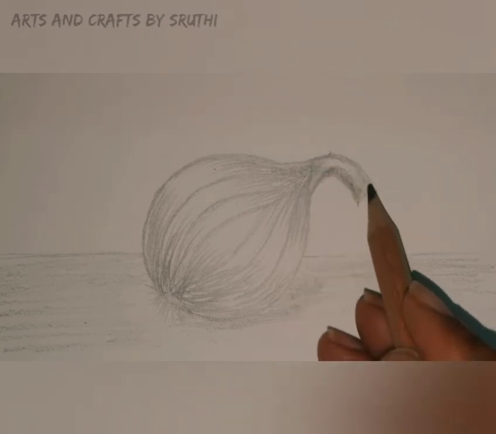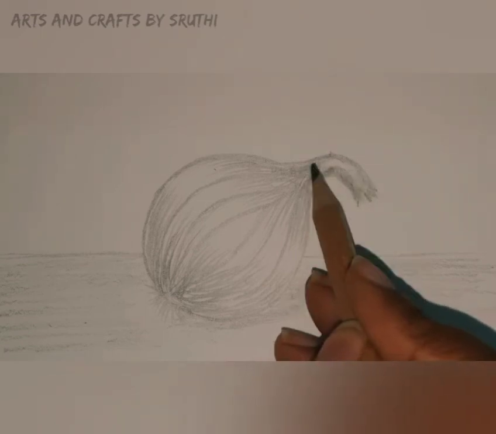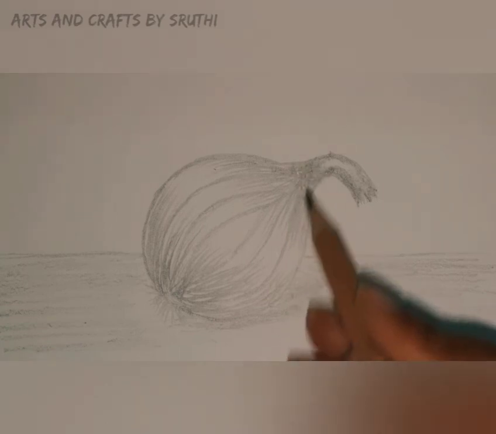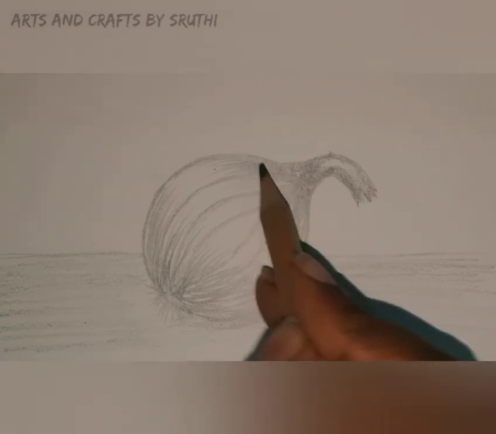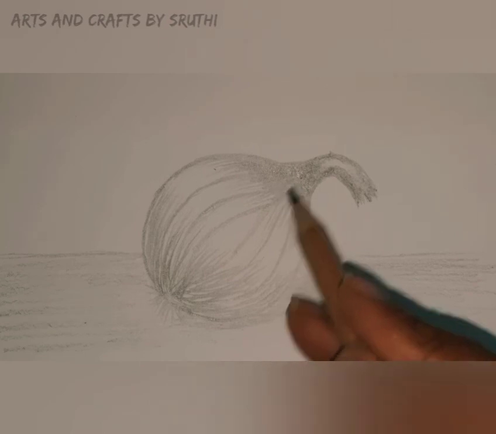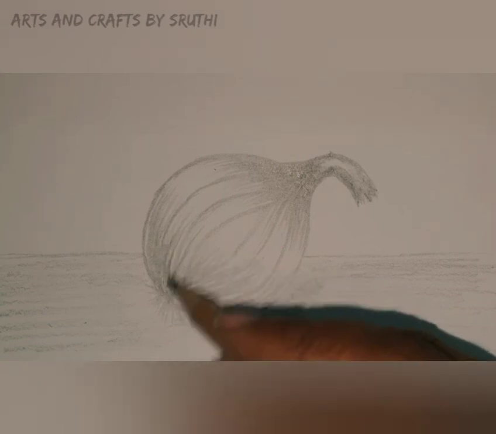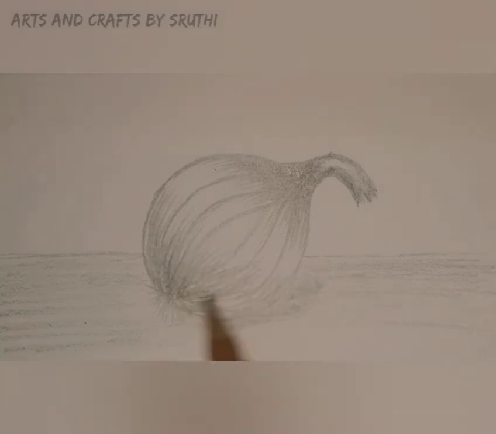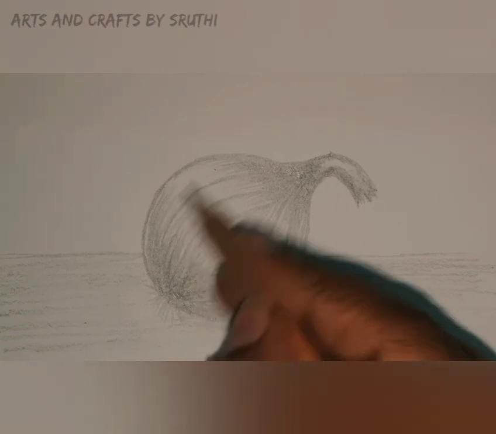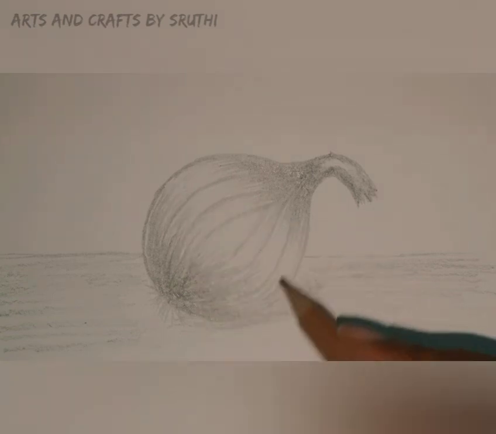And the surface we can imagine as a floor, or a table, or some tabletop or kitchen top. The reason we use the line is to separate the floor and the wall. After making the line, we can shade the floor area or the wall area, so it will become a 3D picture.